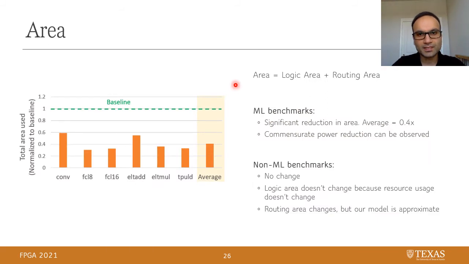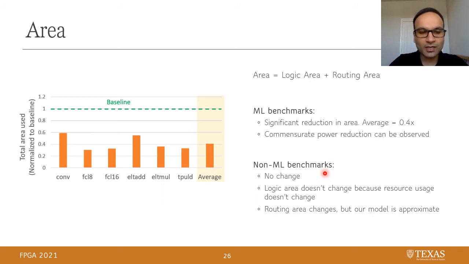Let's look at the area results. The area consumed by a design on an FPGA is equal to the logic area plus the routing area consumed. For ML benchmarks, we saw a significant reduction in area. The chart on the left shows for each ML design how much area was used relative to the baseline, and we can see that on average the area used was 0.4x. For non-ML benchmarks, there was no change in the area,